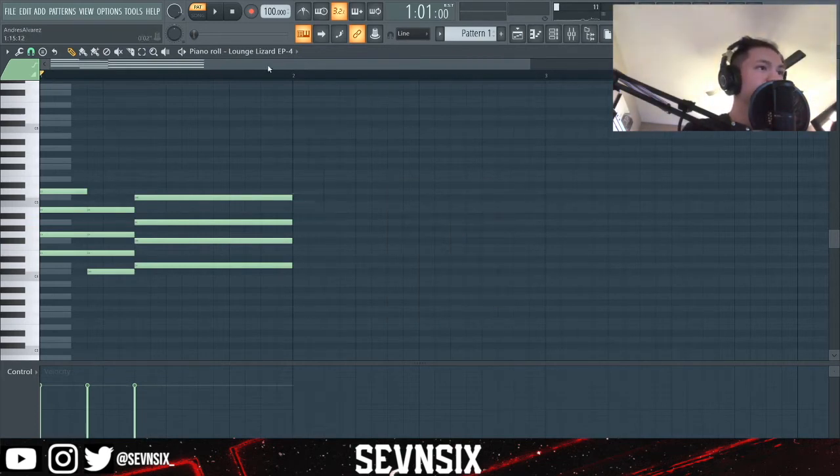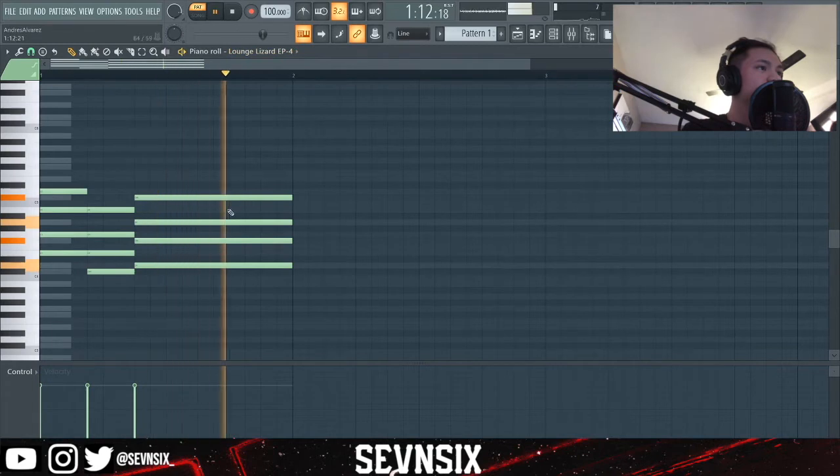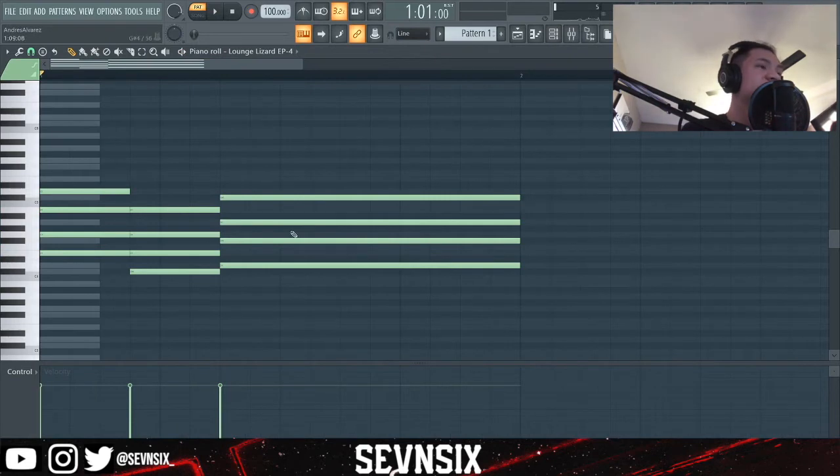And this is just to show you guys what I'm talking about by using the bass line. Simple as that. You're really just stacking chords at this point. But that's one way of making a melody, and I've used this technique before. I'm not going to use it right now just because I don't feel like it, but